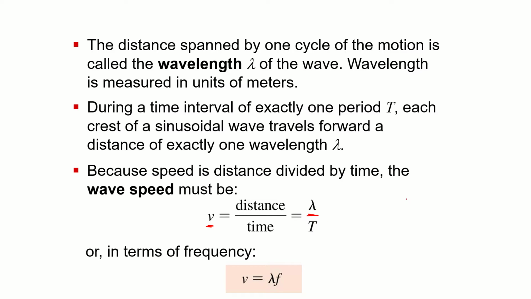But if we think back to how our period related to our frequency of motion with simple harmonic oscillators and these periodic motions, we can write this wave speed in terms of the frequency of the wave. And we get this fundamental relationship for the waves we're going to look at, where the wave speed is equal to the wavelength times the frequency. That's really useful. We're going to see this a lot, and we're going to use it a lot when we get into our quantitative descriptions of these waves. So let's do that now.